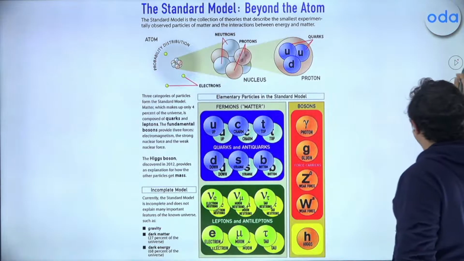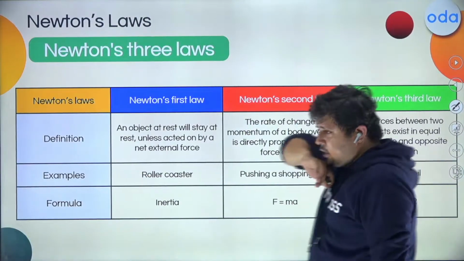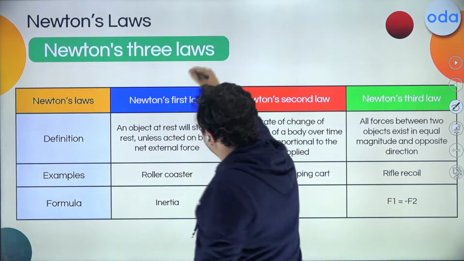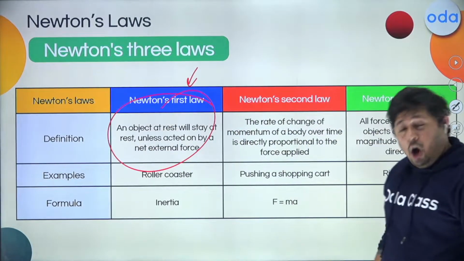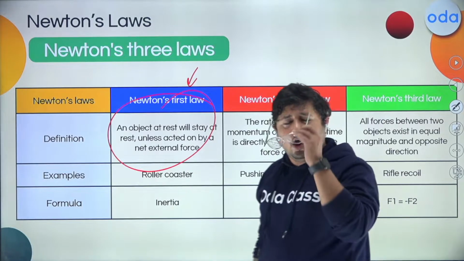Coming to the next part. So as I told you, Newton gave three laws. The first law is the law of inertia. A body will remain at rest or will keep on moving until or unless external